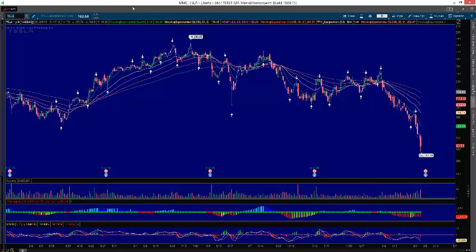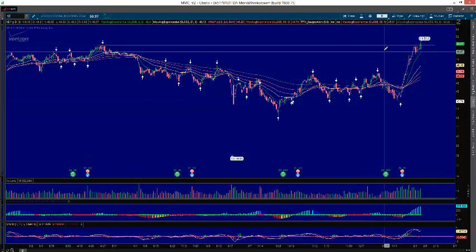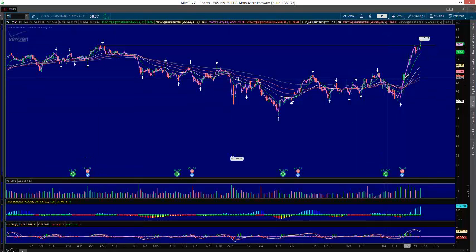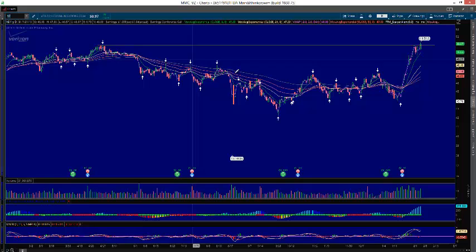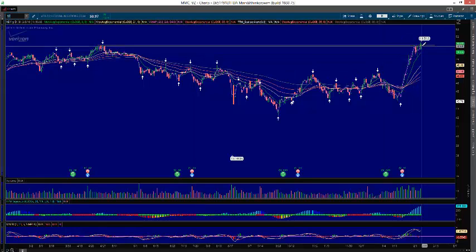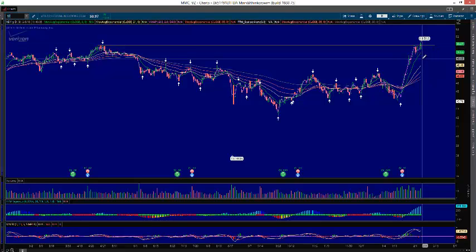The next one that has been on watch and played a few times is Verizon. Okay, Verizon, I had these levels drawn a while back. We caught Verizon back here. It broke that resistance and just kept breaking all these other little minor resistances and flew. Looks like it's kind of topping right here, but the big thing is this thing was still up 54 cents